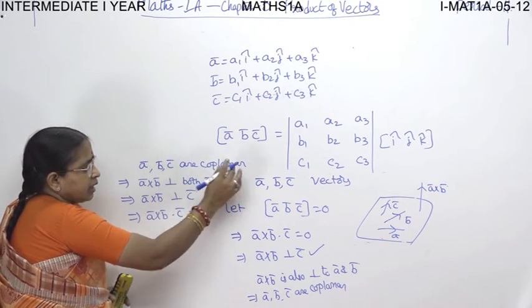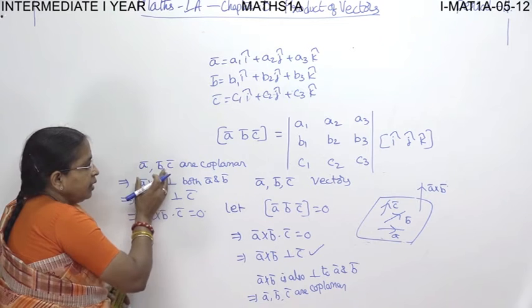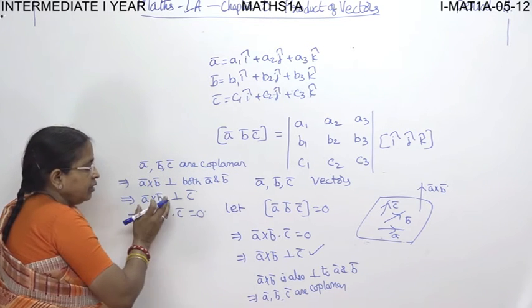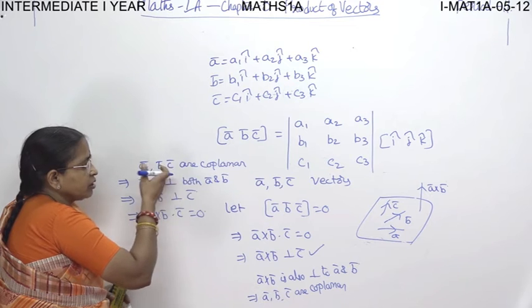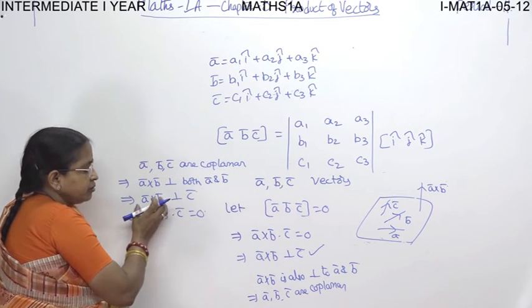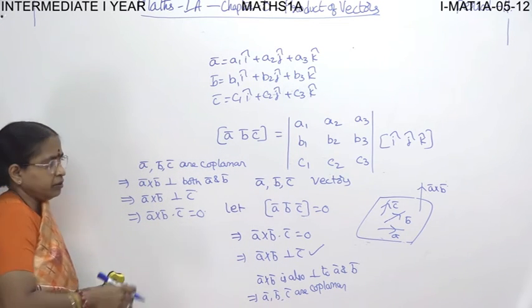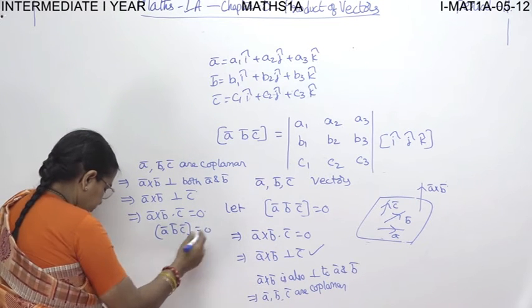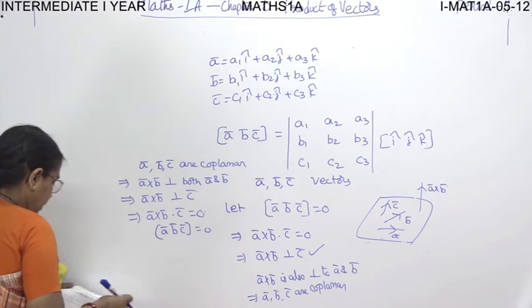When A, B, C are coplanar, then A cross B, we know, is perpendicular to both A and B. So A cross B is perpendicular to C also because they are in the same plane. So their dot product should be equal to 0. That means box ABC is equal to 0. That is how we prove the theorem. Okay, next is